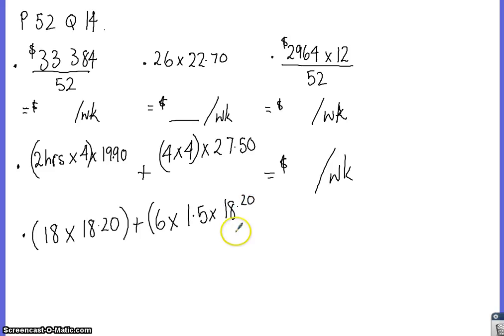We're getting time and a half of our normal hourly rate. So we times that by 1.5. Is that alright? Jared, is that alright? This is the first time you're seeing some of this stuff. And then what would we do for double time? 4 hours at double time. Jared? 4 hours times